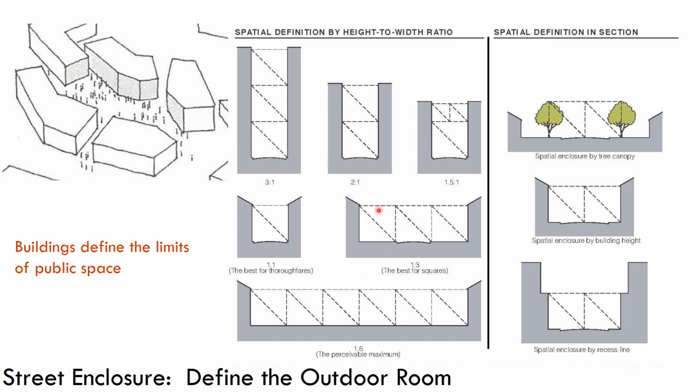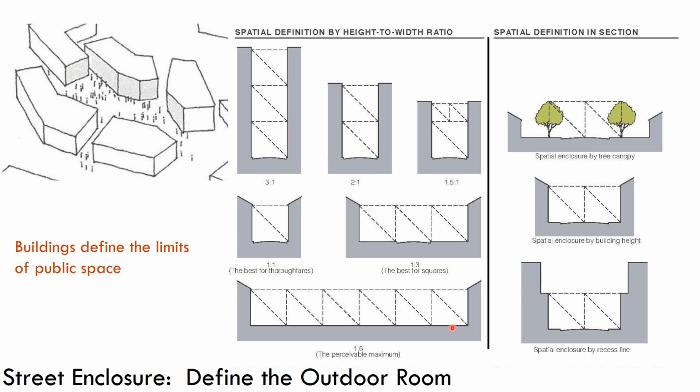Here we see 1:3, which is often seen as good for creating a public square. And we also can look at how tall and narrow these spaces get. And we get up to the limit here of about 3:1 height versus width still being acceptable. Anything beyond that, it gets kind of canyon-like. In terms of width, we can often get up to maybe 1:6 before it starts feeling like these buildings aren't really forming a room, but they're just objects and they don't really define anything in between.